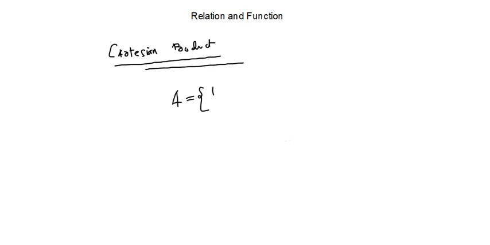So before we can proceed, in class 11 you have learned something called Cartesian product. So what is a Cartesian product, if you remember? If I give you two sets, let's say set A is 1, 2, 3, 4, and set B is 5, 6, 7, 8. Cartesian product we denote like this: A cross B is equal to the set of ordered pairs